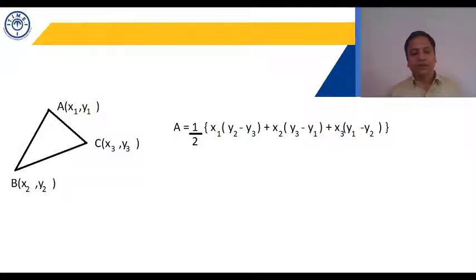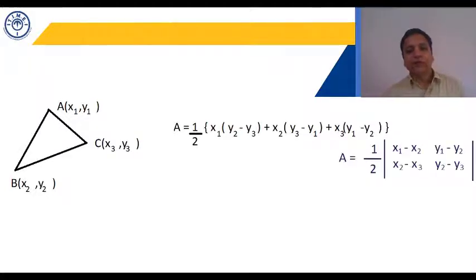Now, whenever you are calculating the area of a triangle by using the coordinates given, make sure that it comes out to be positive. If it is negative, remove the negative sign, take the value as positive. But if you are taking the area from a value given in a question, then you have to consider both plus and minus sign. Area is positive, so if you are getting a positive value, it's perfectly fine. If you are getting it negative, we consider only the positive value. But suppose the area of a triangle is 10 and we are solving an equation, then we take both plus 10 and minus 10, because that point may be above BC also, it may be below BC also.